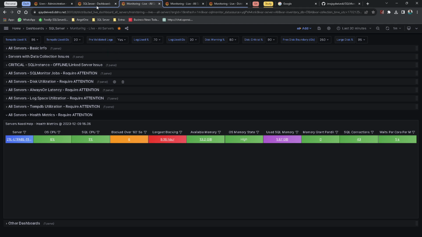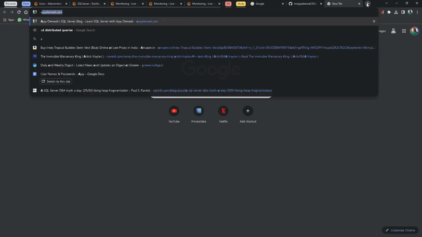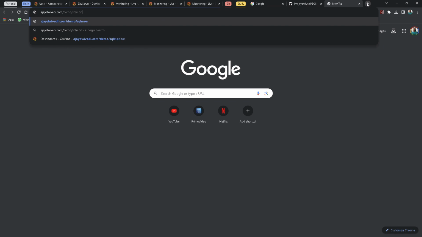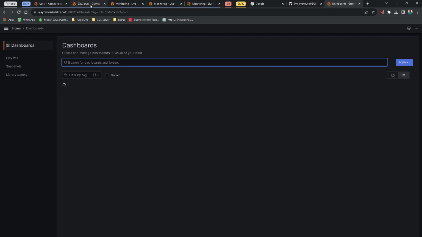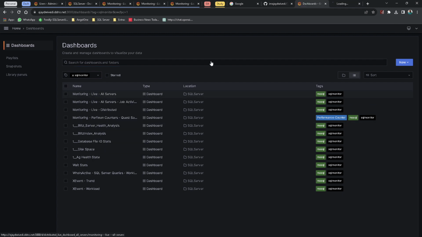Hi, folks. So if you go to URL ajaytrivedi.com/demo/SQL Monitor, you will get to this page where you can see all the dashboards that we have in SQL Monitor. Starting with the top one,